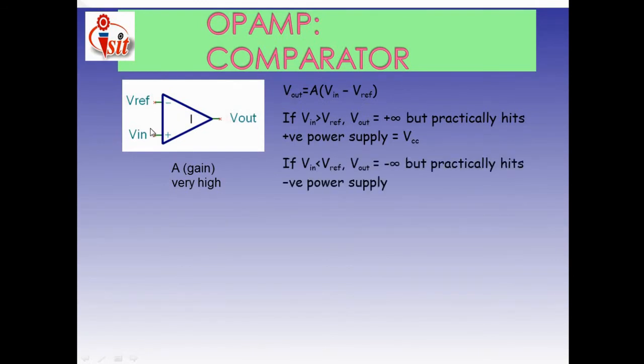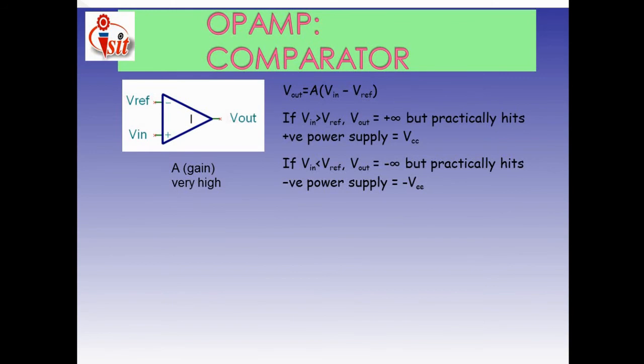Then what is the differential voltage? The differential voltage is the difference between the inputs applied to the two terminals of the op-amp. Here we applied V in and V reference to the two terminals, but for the differentiation, we always take the non-inverting input minus the inverting input. For that purpose, the output is A times (V in minus V reference). Then the possible outcomes for the comparison are either V in is greater than V reference, or V reference is greater than V in.